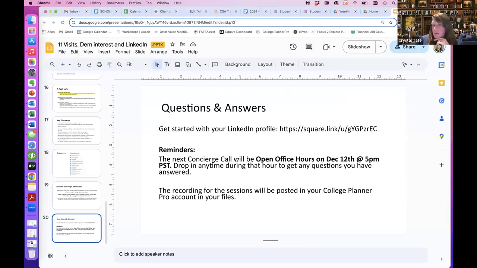So the December session is what we call open office hours. There is not a topic. If you have questions, feel free to pop in and get them answered. It could be about selecting classes, standardized testing, or college selection. Does not matter. If you have an inquiry, that is the point to drop in to office hours. Anything is fair game. If you don't, then you don't need to attend. Those sessions are not recorded. Today's session will be in your files to reference. Per usual, you will have a to-do to watch the recording if you missed it. So just make sure to mark those things complete on your to-dos tab